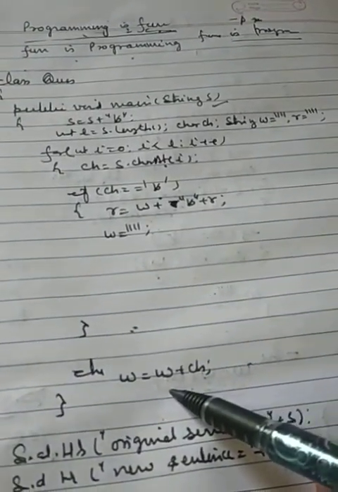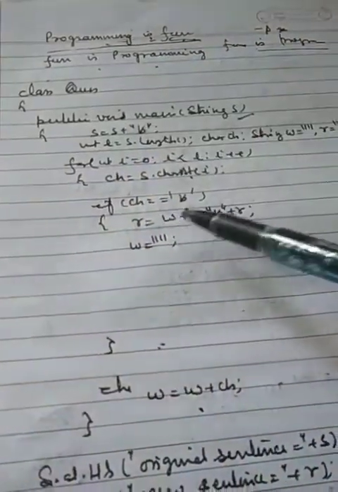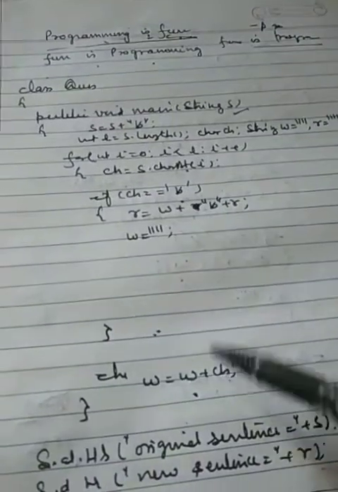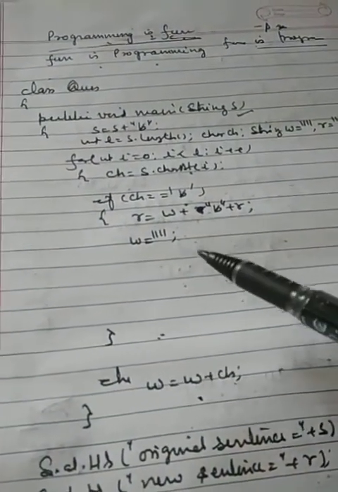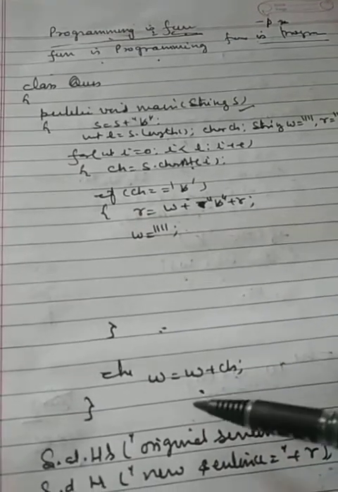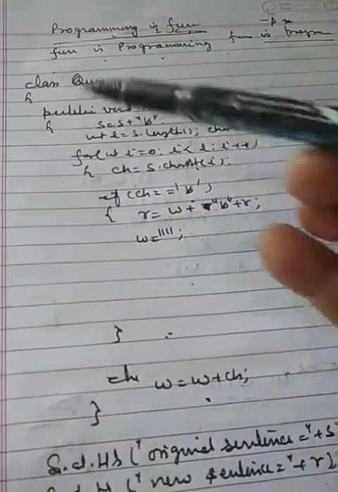This is the concept of picking a word. Every time we are picking a character, if the character is not space, we are adding it. P is not space, added. R is not space, added. O is not space, added. G is not space, added. Every time I am picking a character, and because it is not space, I am adding it up.